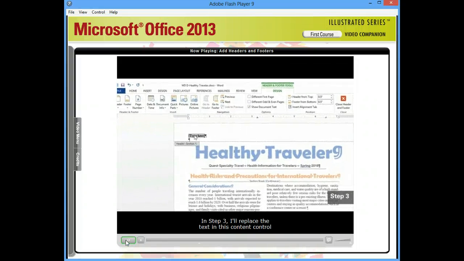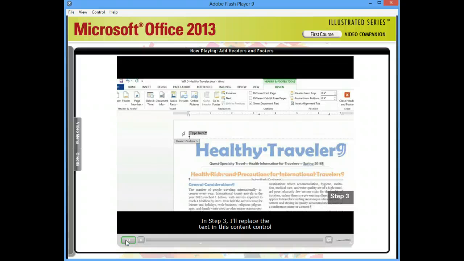In step 3, I'll replace the text in this content control by typing Healthy Traveler, Travel and Health Information from Quest Specialty Travel. This text will now appear at the top of every page in the report, and in step 4, we'll format it. I'll select the text,